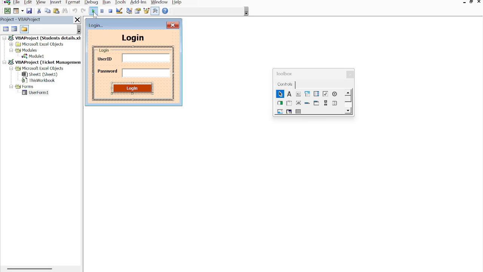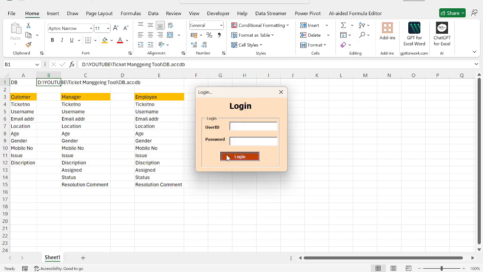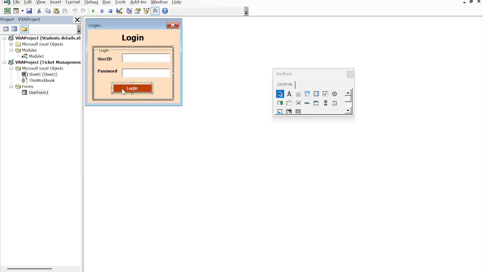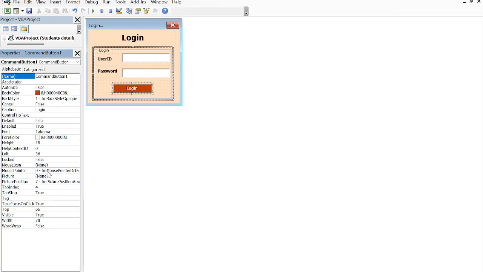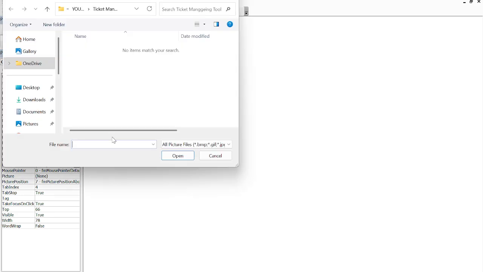Okay, and the style of this login, if you look at it, does not seem professional, right? We have to make it a little dynamic. So what we can do is click here, press F4. Here you will have the mouse icon. Click here, and you will have C, then Windows